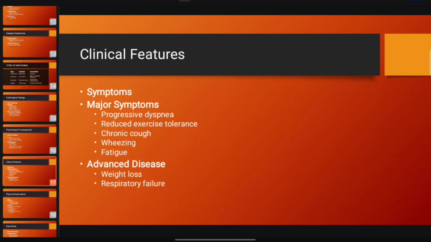And then we talk about the clinical features, how the patient is going to present. A patient will present with major symptoms including shortness of breath or progressive dyspnea. The patient says that he has shortness of breath after walking. Earlier he was not having this kind of shortness of breath, but now when he walks 100 meters or 200 meters, he starts having shortness of breath. For that we also use